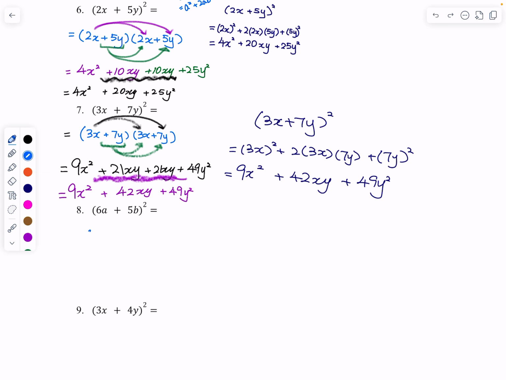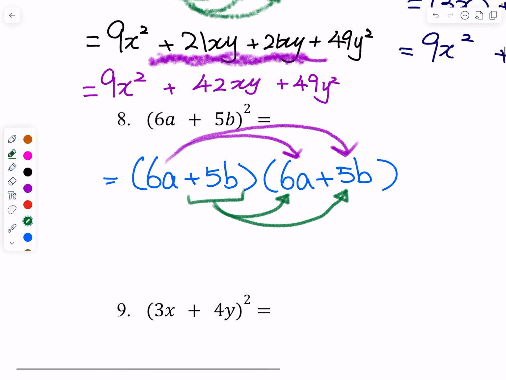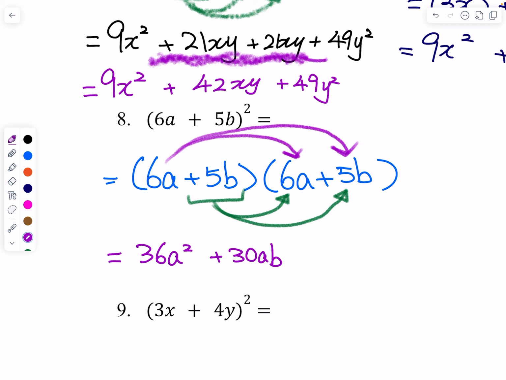Next, we have 6a plus 5b, 6a plus 5b. Open up the brackets. And then what do we get? 6a times 6a, 36a squared. 6 times 5, 30, and then the ab's. So 30ab. And then the next part,